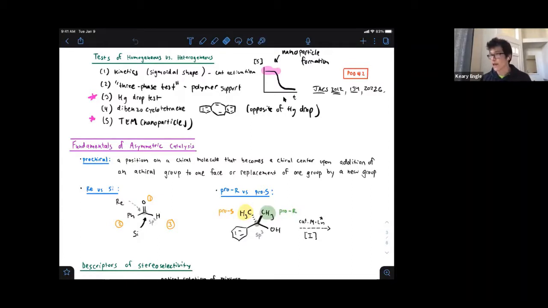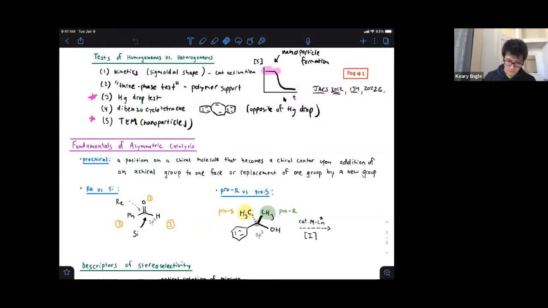So at the end of last class, we discussed different experimental techniques you can use to distinguish between homogeneous and heterogeneous catalysis. And so I'll just leave those notes up very briefly in case anybody didn't get a chance to jot them down from last time. And then just in terms of defining terminology